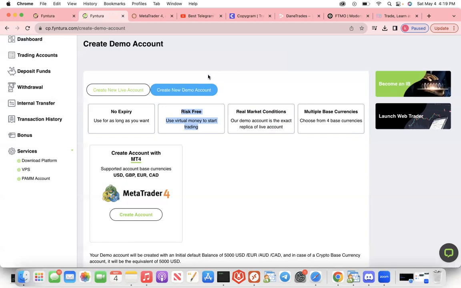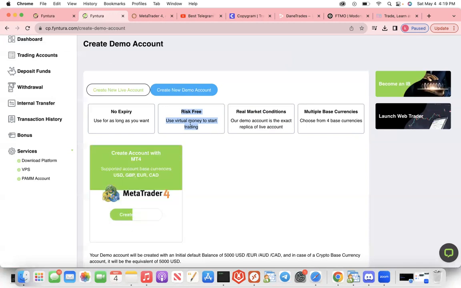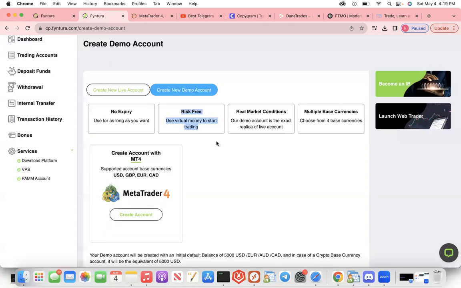So now that I got my little demo account spiel out of the way, I just wanted to let you know to get started with a demo account, you're going to create your account. You're going to get an email with your details. So after you download